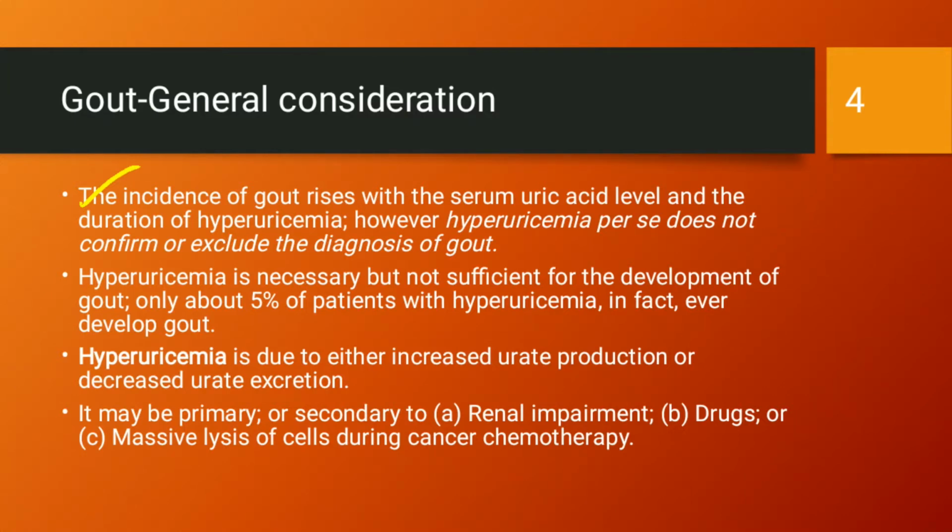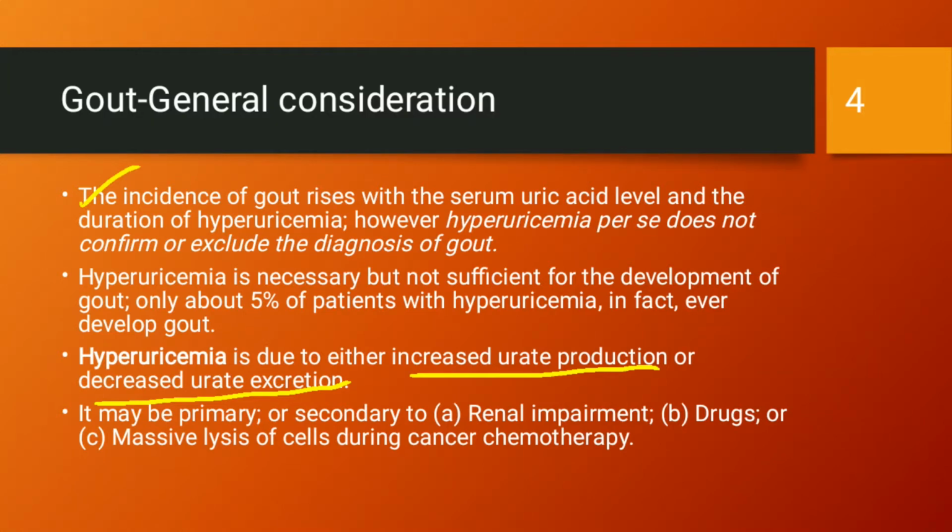Okay, so hyperuricemia is due to either increased urate production or decreased urate excretion. So two reasons can lead to hyperuricemia. The first reason is the increased production of urate, and the second reason is its decreased excretion. In both ways there will be deposition of urate crystals or an increase in the accumulation of uric acid